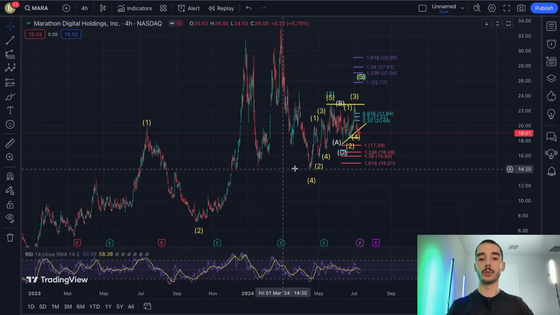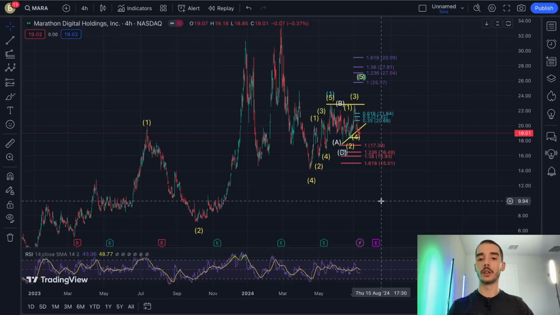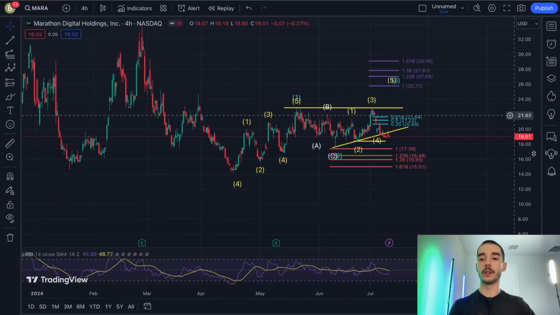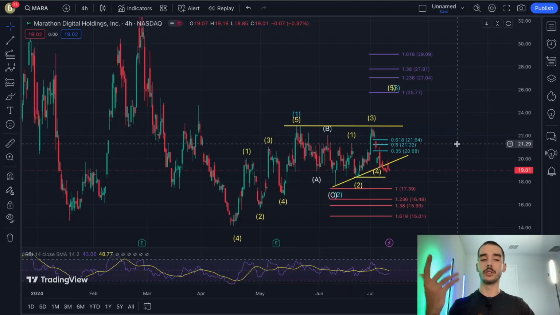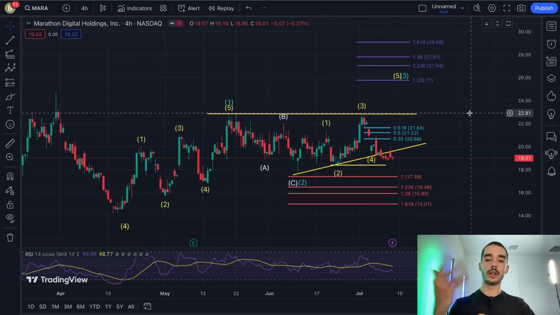So it kind of bounced off of support there and starts trending higher. It can, of course, still fall from here. Something can happen with this company that messes up their Bitcoin mining, and next thing you know, they're having issues, and then it just tanks, because businesses always have random issues that can come into play. That's something everyone needs to understand when they're trading anything, even a company like Mara, where it has Bitcoin backing it up.